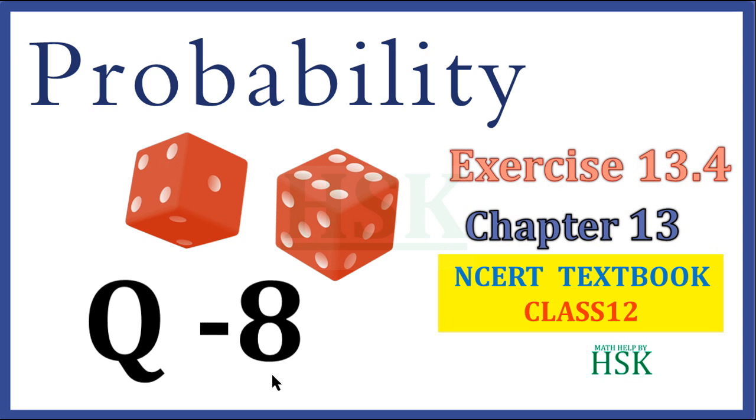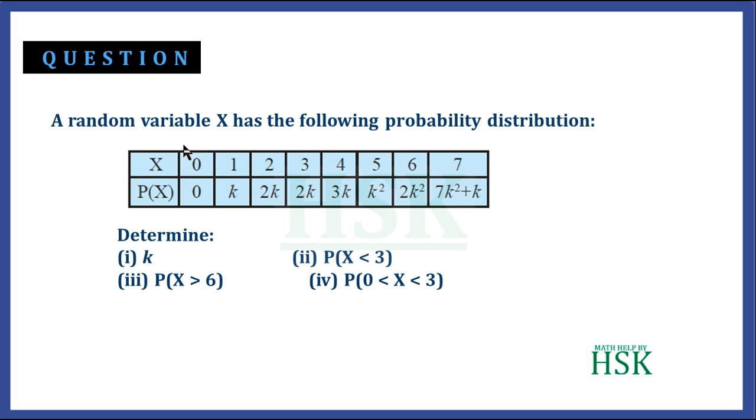This is question number 8 of exercise 13.4 from the chapter Probability. The question is: a random variable X has the following probability distribution. So this is the probability distribution of a random variable X. It is quite clear, and